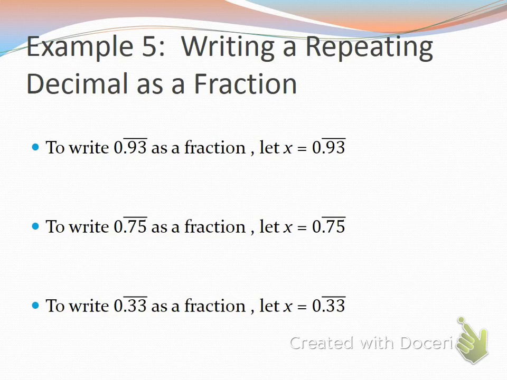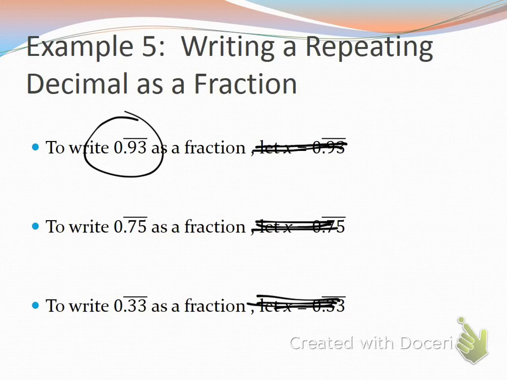Now, in example 5, I'm going to just go ahead and take out this method right here. Okay? We're not gonna use this method. I want to teach you how to find this using your calculator. So you need to go ahead and enter the decimal. Just hit the decimal button on your calculator, then hit the alpha button and the square root button. That should put in the repeating bar,